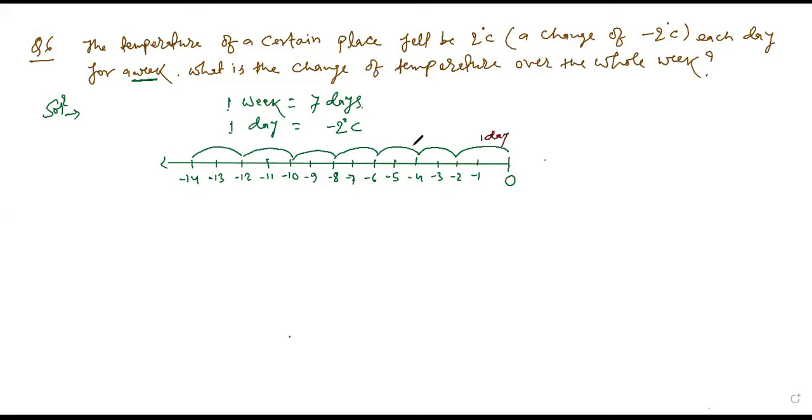This is the first day, the second day, the third day, the fourth day, the fifth day, the sixth day, and this is the seventh day. So in 1 week, total fall in temperature